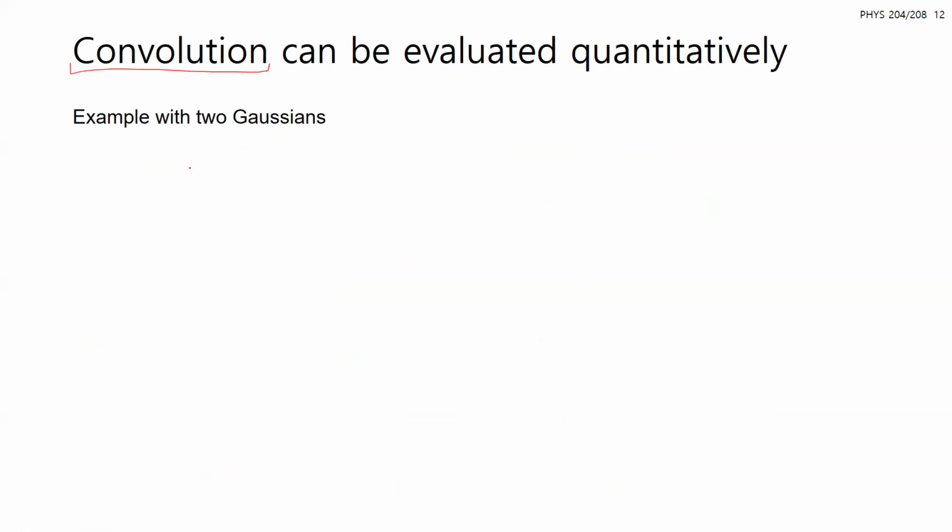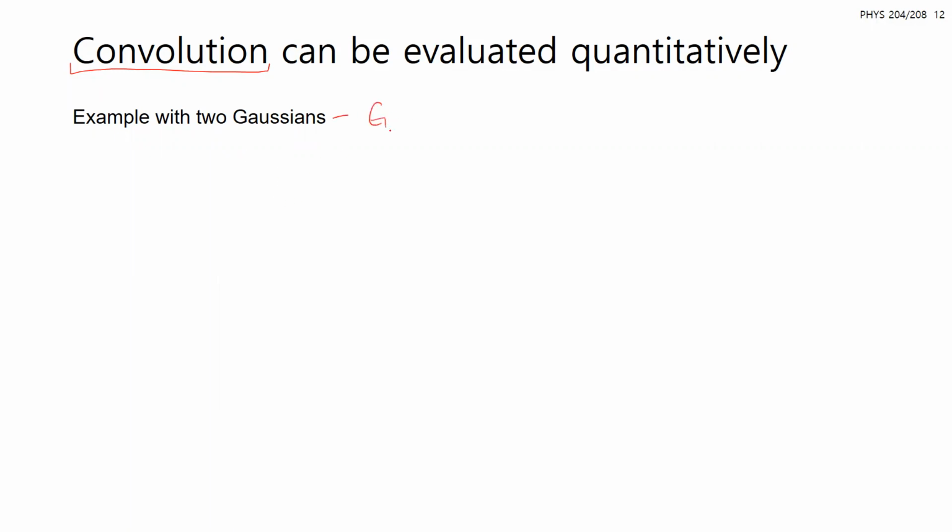But I want to give a mathematical example first of how you can evaluate convolution quantitatively, because we've been really talking about it with sketches, using it with just the delta function for an approximation, but we haven't really given a mathematical example of working with convolution. And I want to give an example of if you have two Gaussian functions,